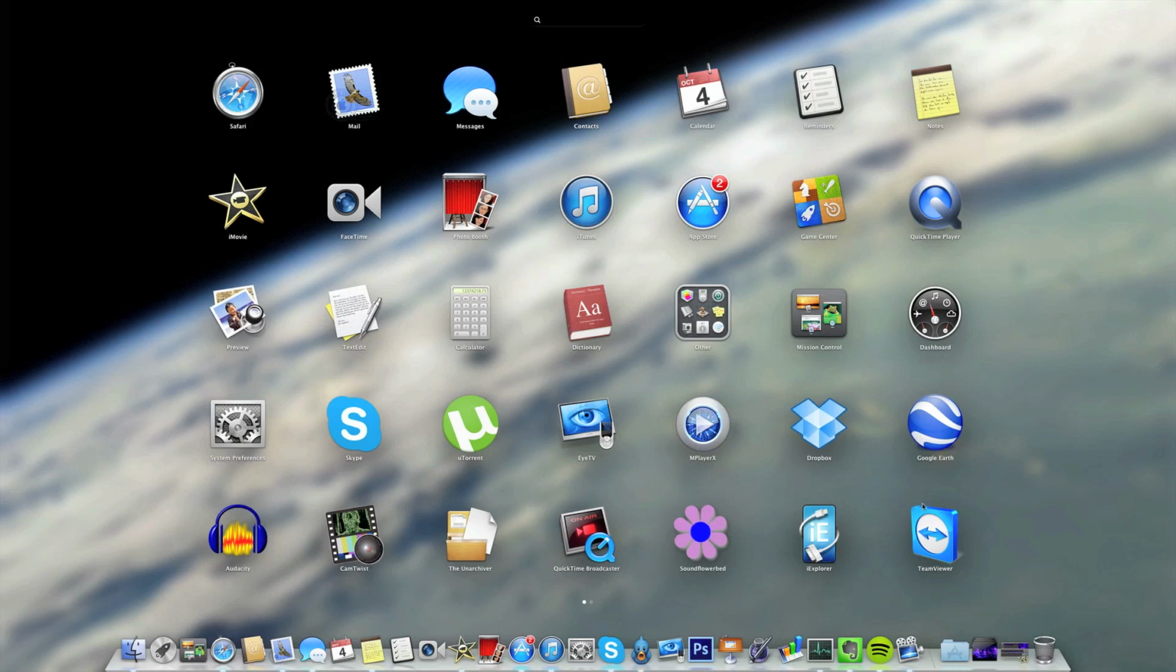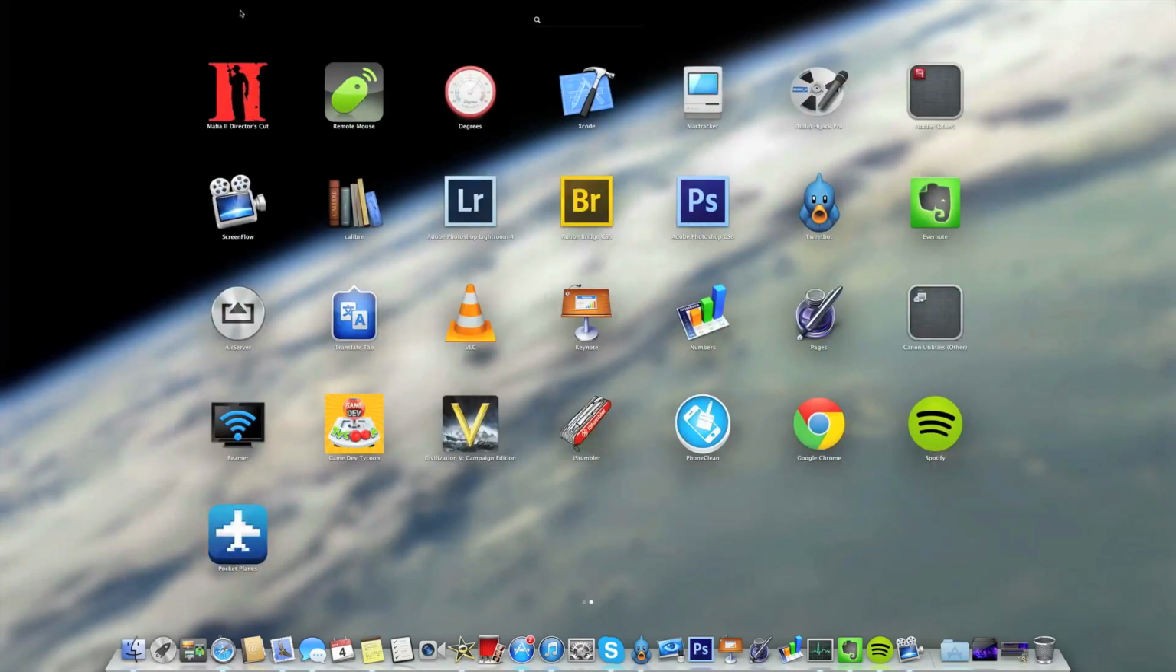Going on, we have Teamviewer, which we obviously all know. It's a software that lets you use and control other computers from far away. Over here we have Mafia 2, which I used to play on Mac every so often, but not a lot of times. Here we have Remote Mouse, which is one of the more useful apps I have on my computer